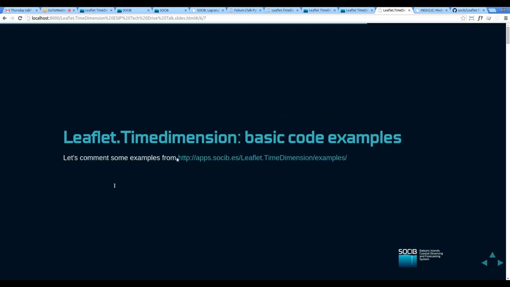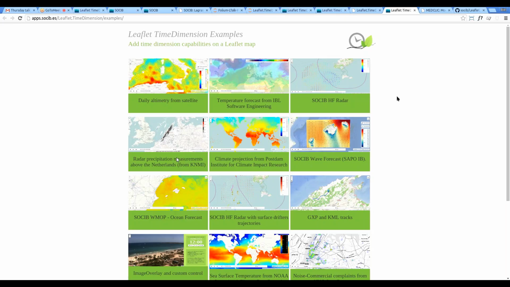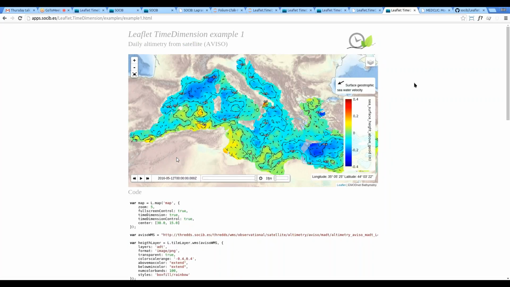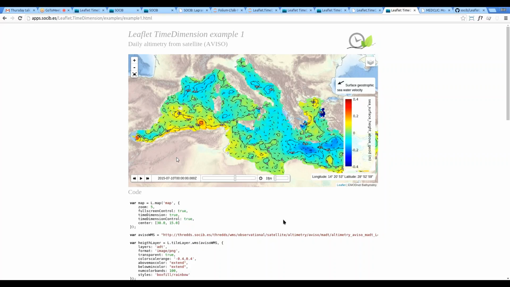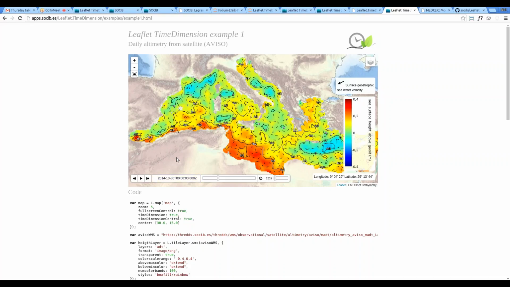So I think it would be easier to explain the time dimension by looking at these examples. For instance, this first example. The interesting thing about it is that it has 3 different layers. When we modify the time with the time slider here, all 3 layers are updated at the same time. You can see here